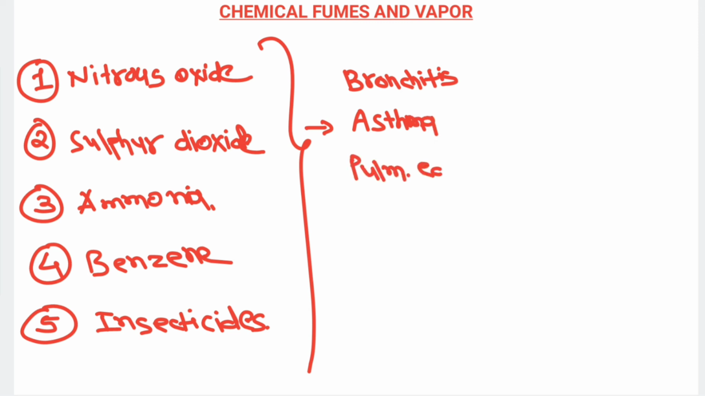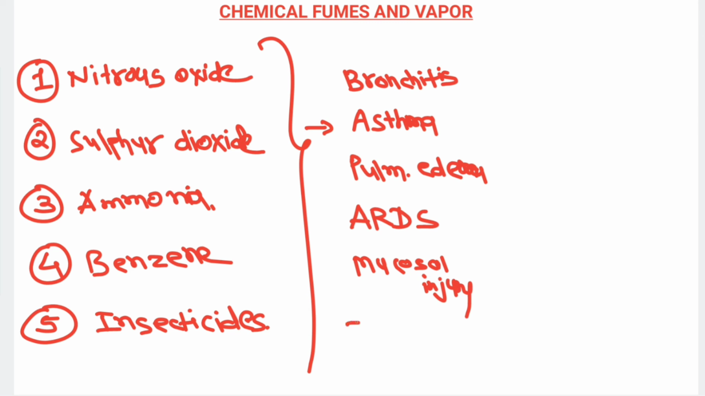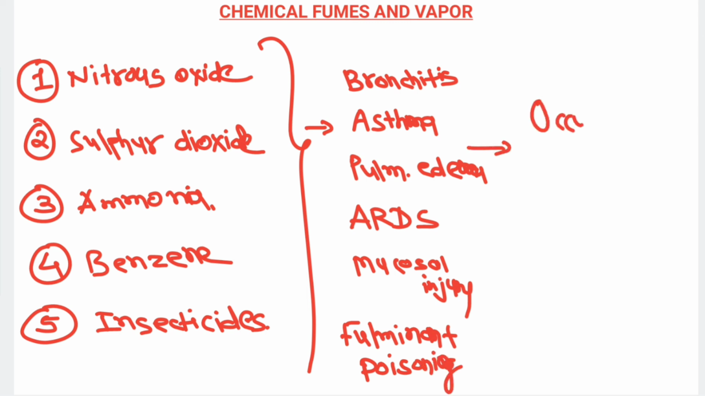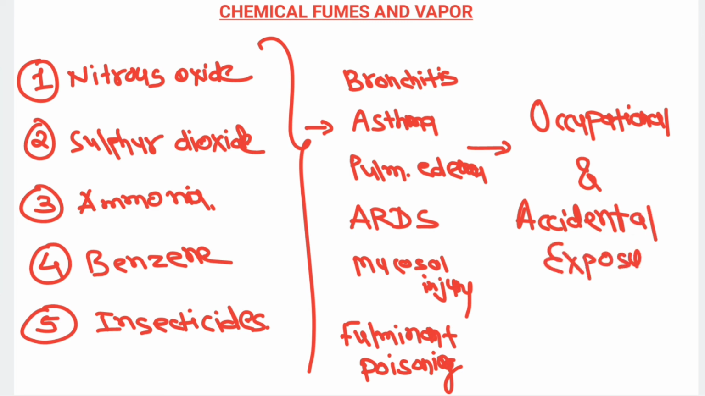They can lead to development of pulmonary edema, then acute respiratory distress syndrome. They can lead to development of mucosal injury of respiratory tract, and sometimes fulminant poisoning can lead to severe degree of respiratory distress. So it can lead to variety of respiratory disease, and exposure is by occupational or sometimes accidental exposure. Mainly those who are working in that particular industry can develop these